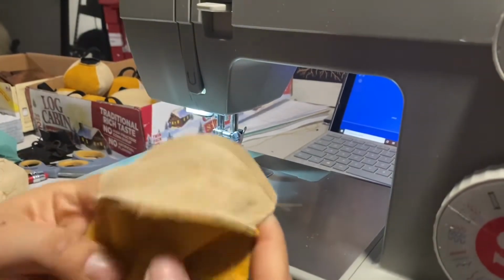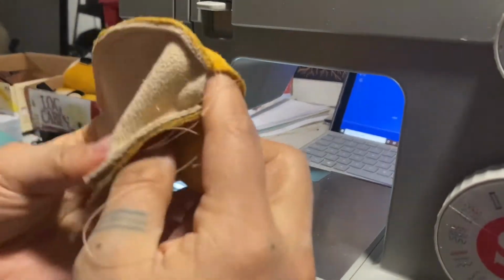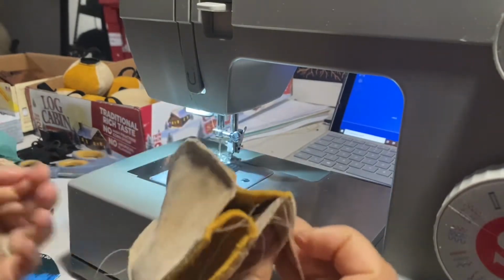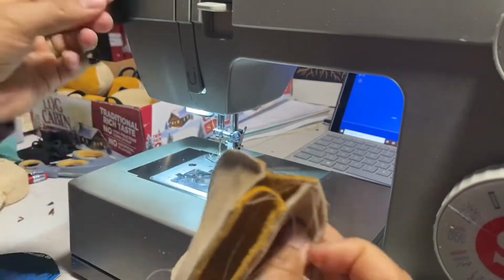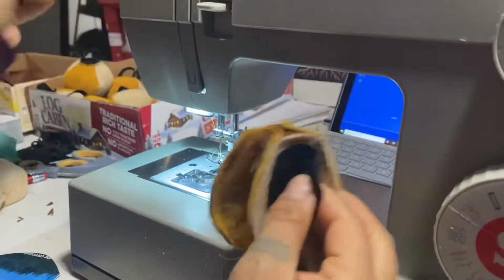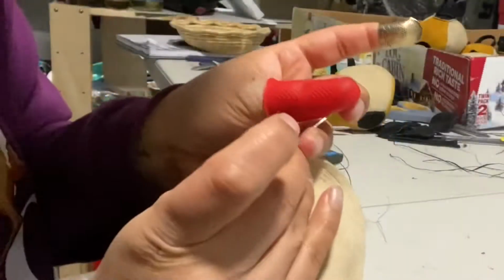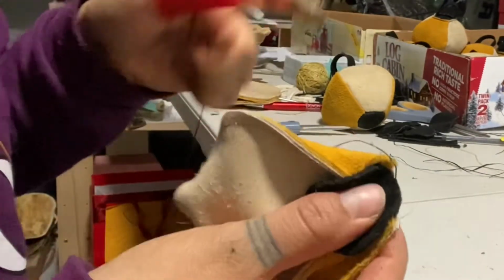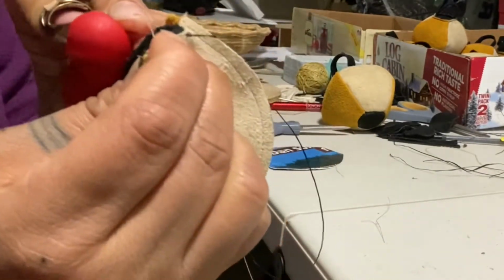Okay. All ready to hand sew. I'm gonna hand sew the circle that I put on the bottom. So they look like that. I like to use the in and out stitch on this one because it